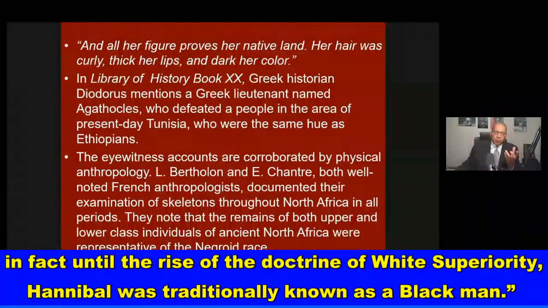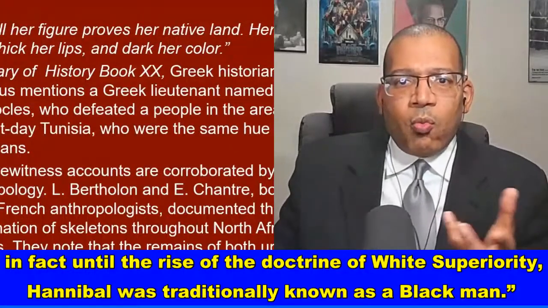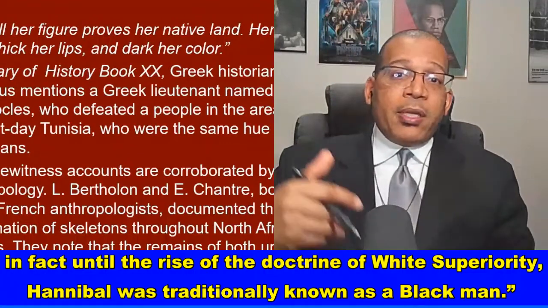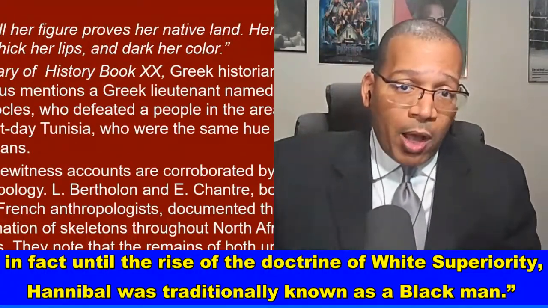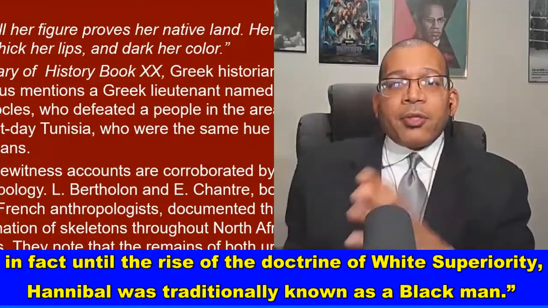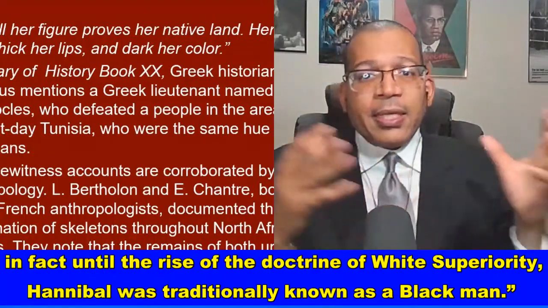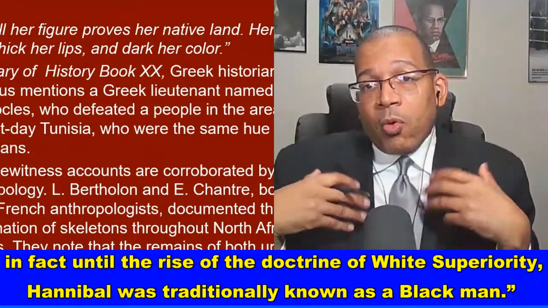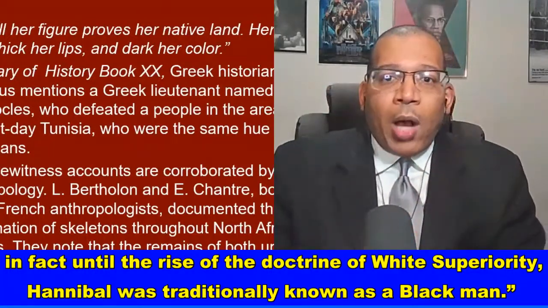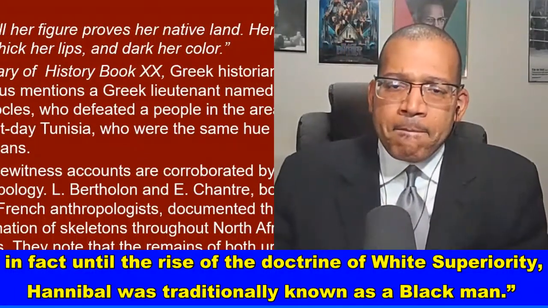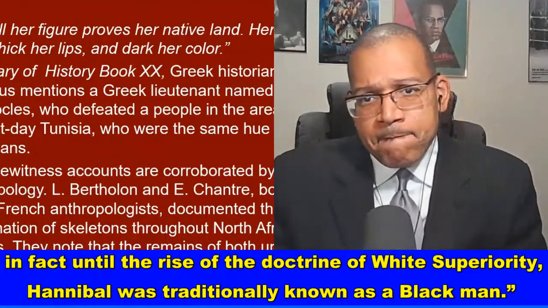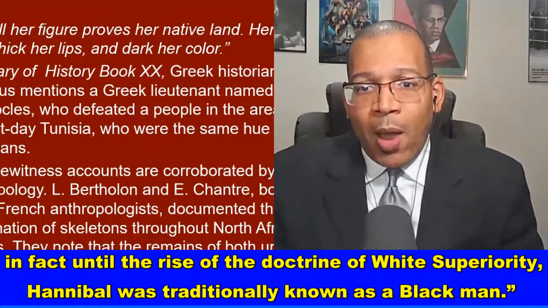Now, yes, Europeans also try to say that Ethiopians were white. And when Emperor Menelik II defeated the Italians at the Battle of Adwa in March of 1896, the Italians told the world that the Ethiopians were white because they didn't want the world to know that they were defeated by these African people. So when you research the Battle of Adwa, March 1896, you see that the Italians were embarrassed. So they lied and said the Ethiopians were white.